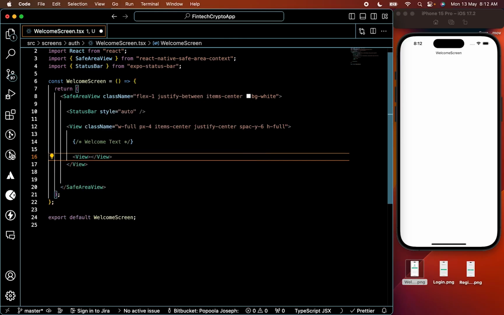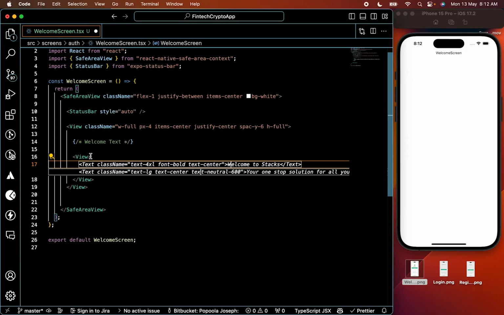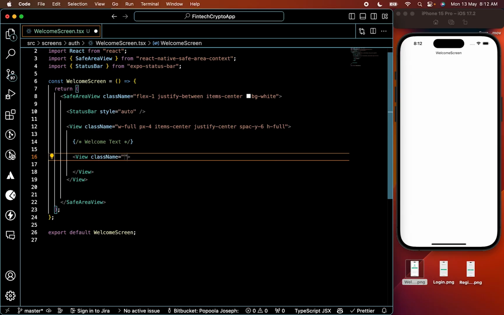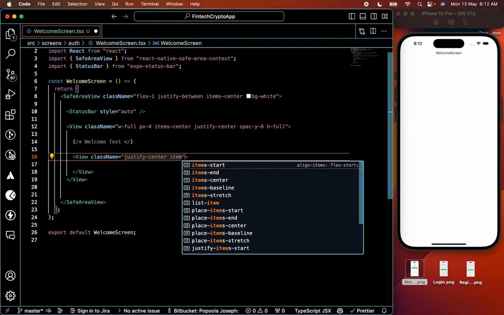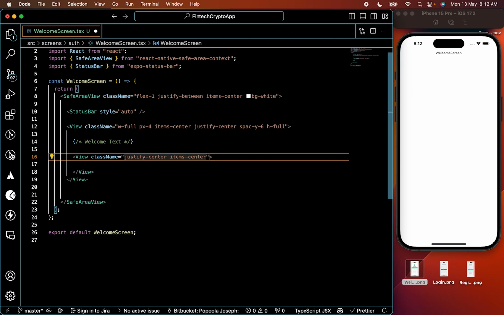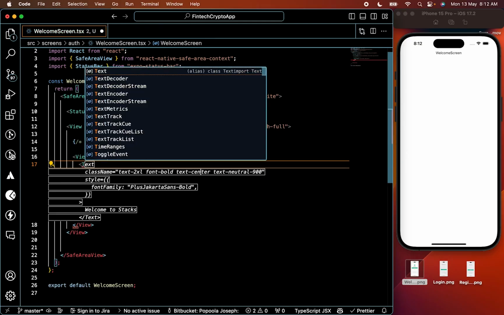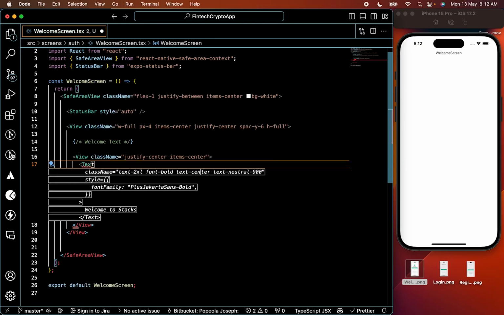I want a view, and inside of this view, I'm going to have a className, and this className is going to just say justify center, also items center. And inside of this, you can guess what I'm going to have here. I'm going to have some text inside of this. So I'm going to say, okay, Text,